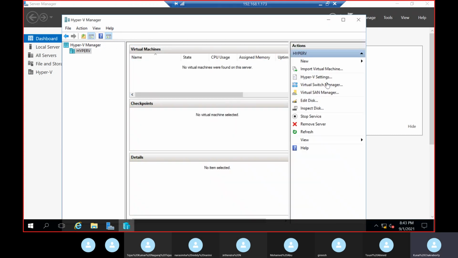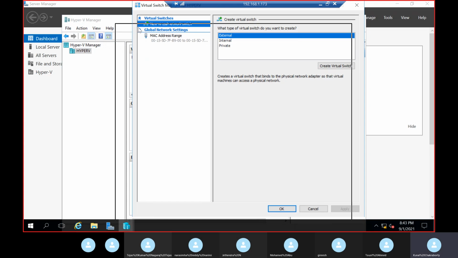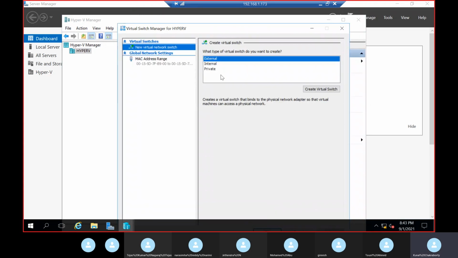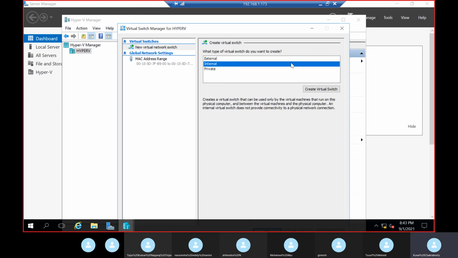So you need to go to Virtual Switch Manager. When you click on it, you will get three options: external, internal, and private. So we need to go with the internal.